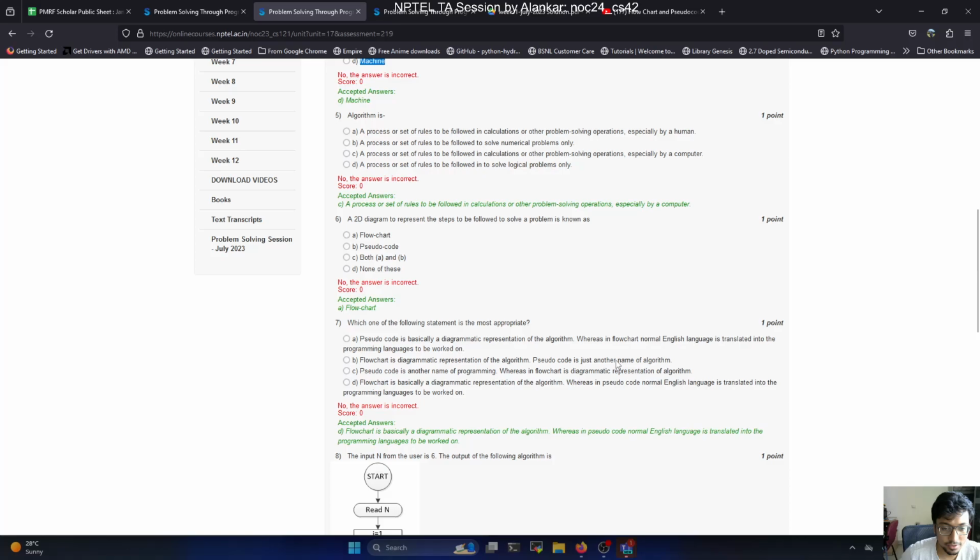Okay, so coming to more on flowcharts. Here is a flowchart which takes a value of uppercase N from the user, where in